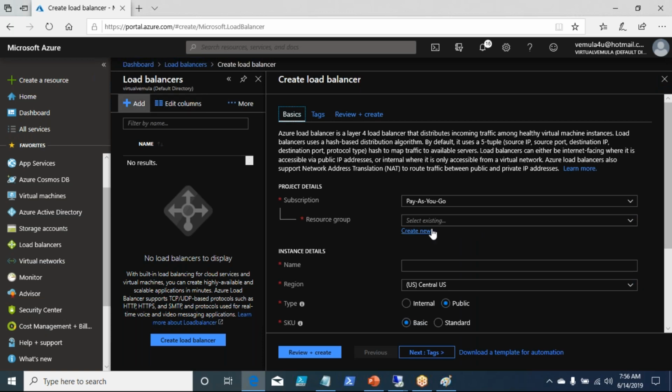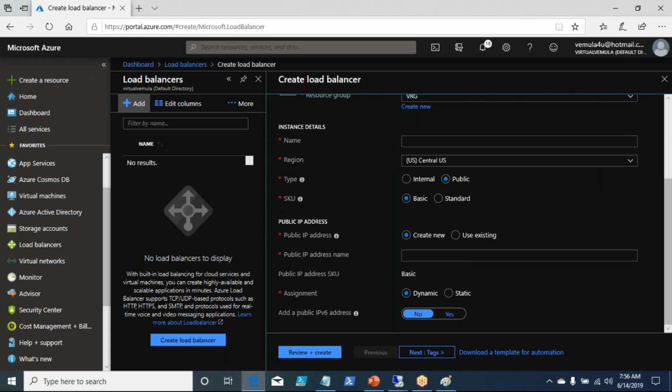Let me put that in a resource group, and then I'll name it LB.